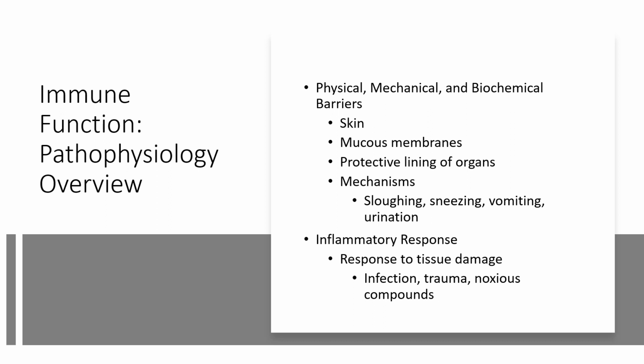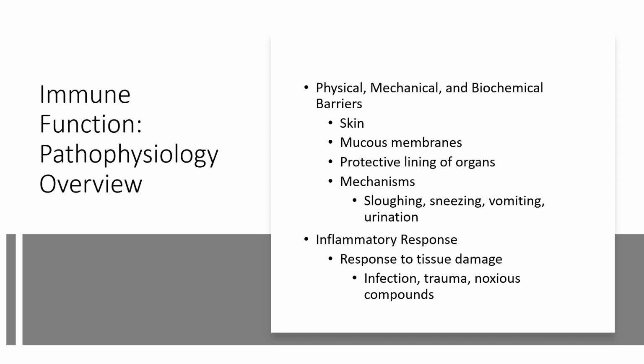So our immune function, obviously, we have multiple lines of defense. If we were just muscle, like when you see those characters that are just muscle, we would have infections all the time. So our skin is an obvious barrier. So the first line of defense relies on anatomical and biochemical barriers for protection. These all work together and mount a passive defense against pathogens. We have epithelial cells in our skin, we have mucous membranes, protective linings of our organs, and these all provide protection against